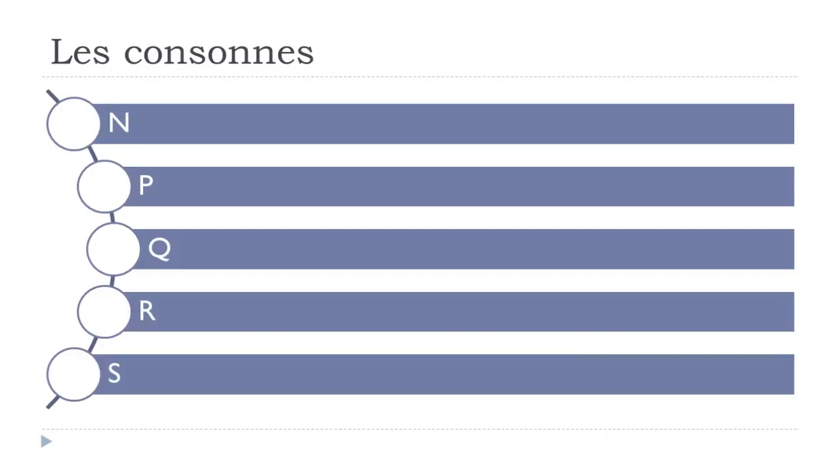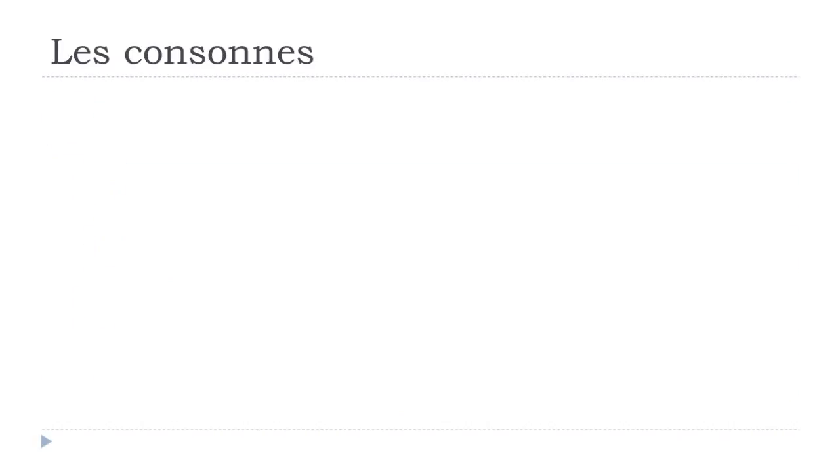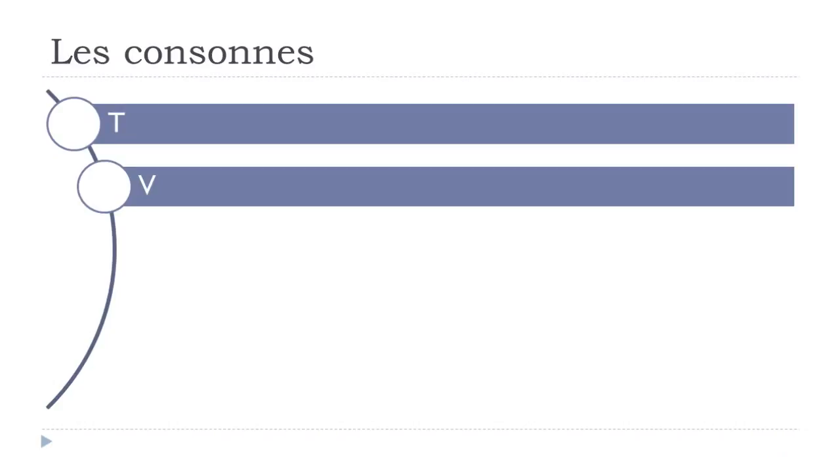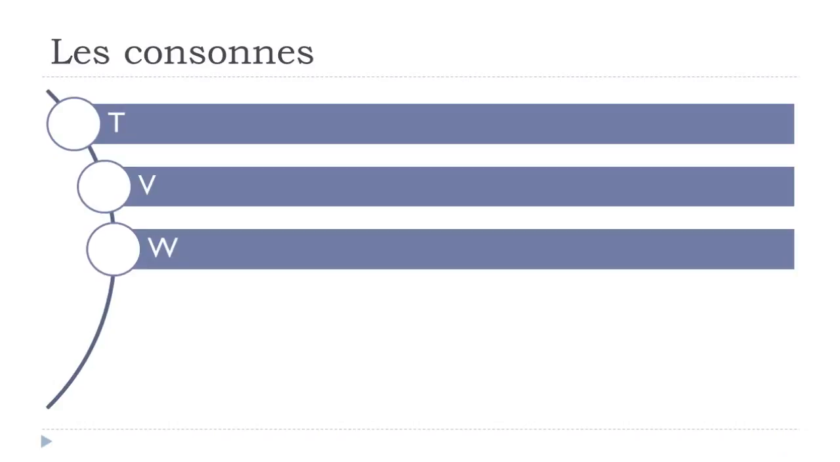The next one is S. Let's see them one more time: N, P, Q, R, S. And the last consonants are T, V, W. We've got this double, and then V, W, X,